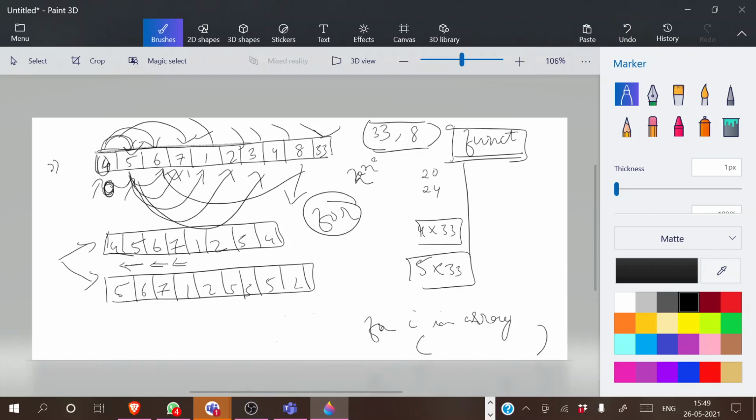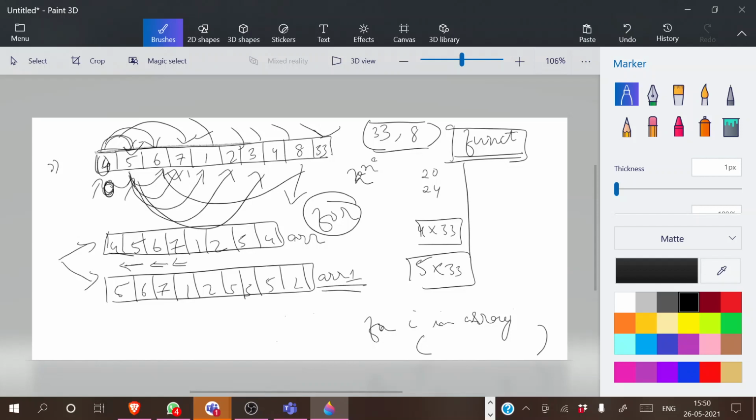First I have to multiply this element with this one, this element with this one, and this index with this one. So this will be a very long process. To make it simpler, I'm converting this particular array into two, and in one of the arrays I will be subtracting one index from the beginning to the end. This will be my given array, and this will be the array I made.